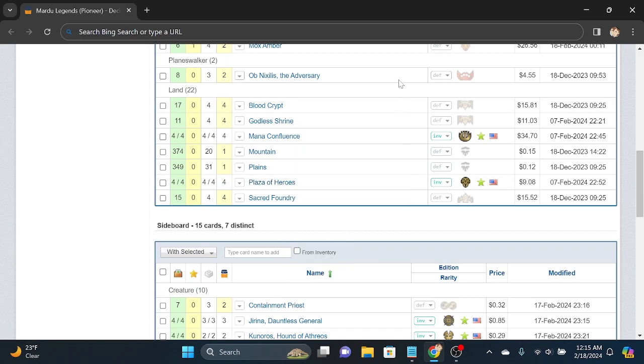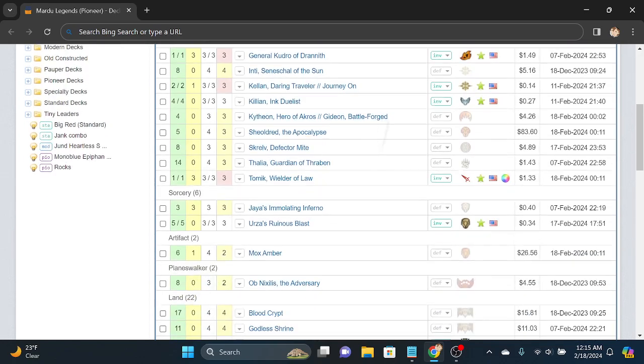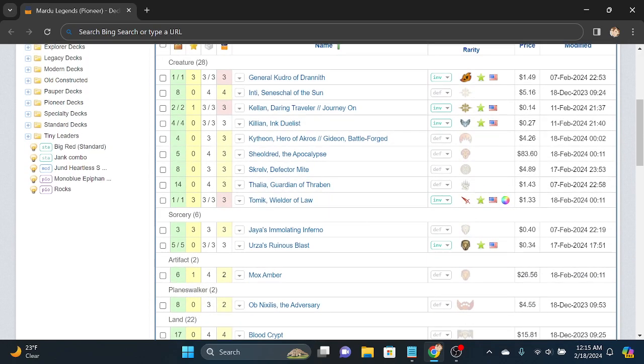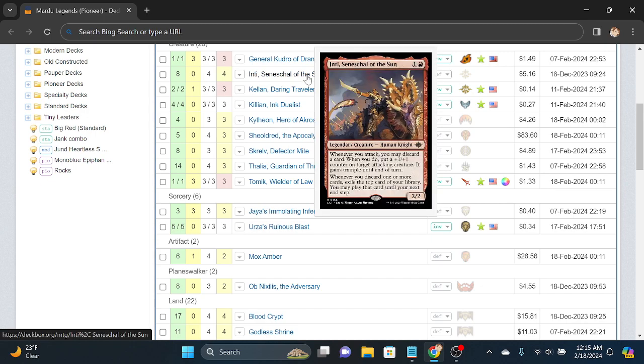And with all these legends being printed, it was only a matter of time before we could just make a legends deck. And with those two cards, I'd say this is untapped brewing space, whether you're doing one, two, three, four, or five colors. There's endless possibilities. So for my first try I chose to do Mardu, mostly because Inti was printed into Pioneer, and